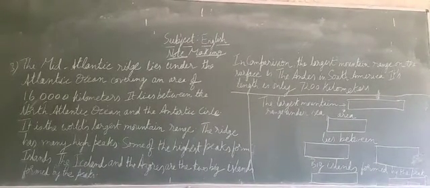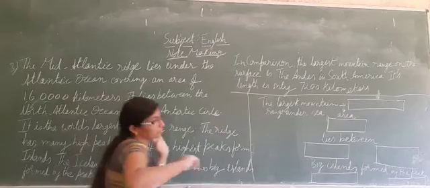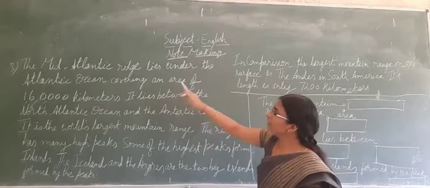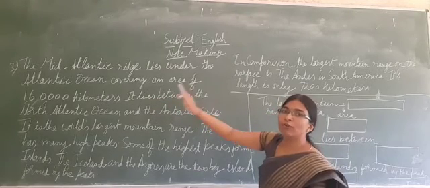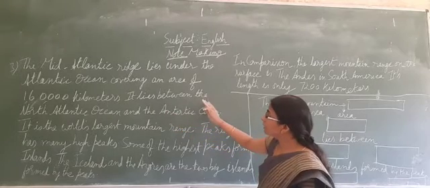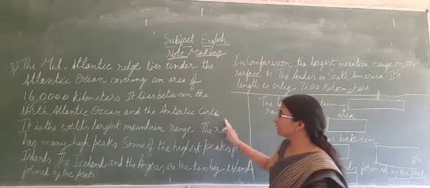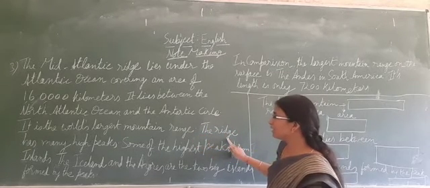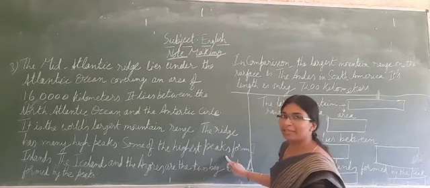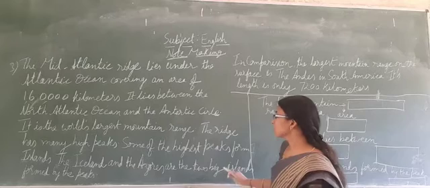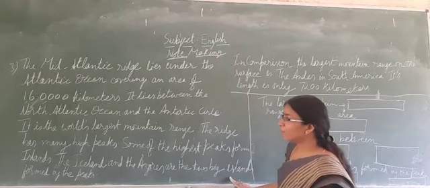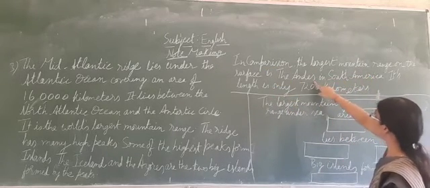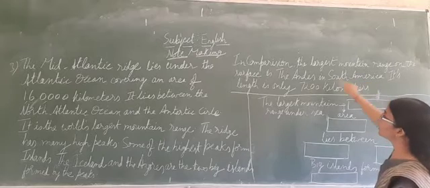Let us go through the passage once again. The mid-Atlantic ridge lies under the Atlantic Ocean, covering an area of 160 kilometers. It lies between the North Atlantic Ocean and the Antarctic Circle. It is the world's largest mountain range. The ridge has many high peaks. Some of the highest peaks form islands. The Iceland and Azores are the two big islands formed by the peaks. In comparison, the largest mountain range on the surface is Andes in South America. Its length is only